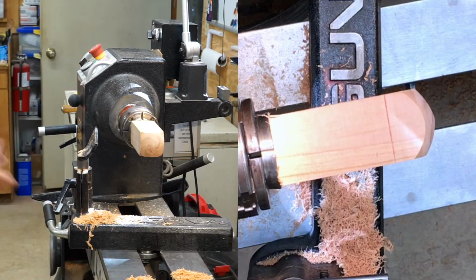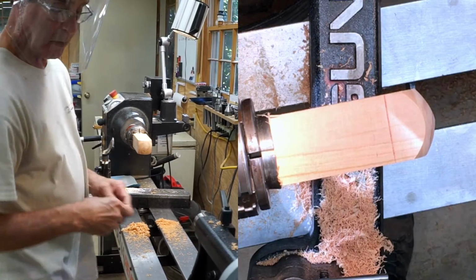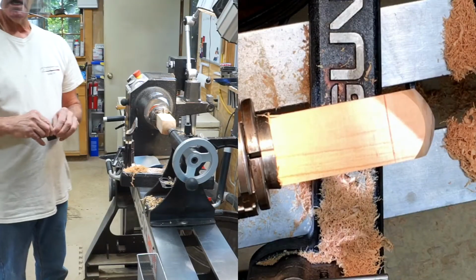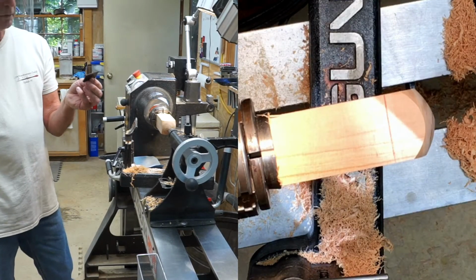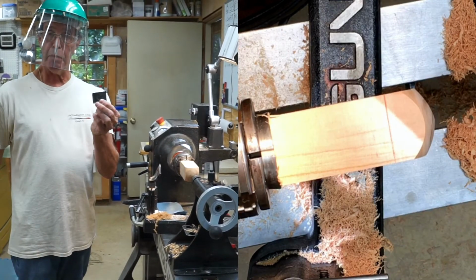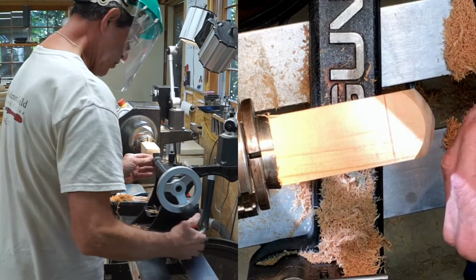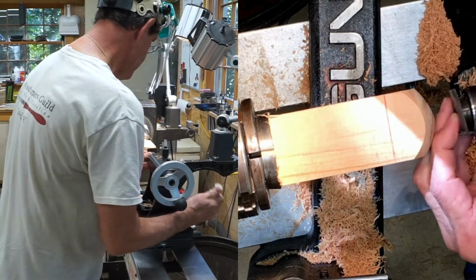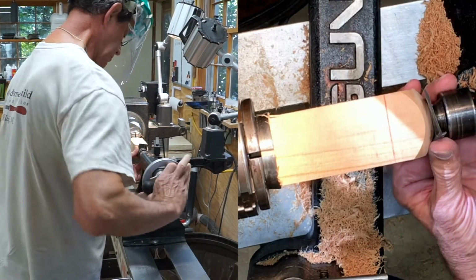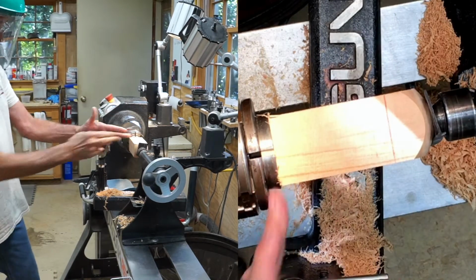The reason I like this live center is I can knock the point out, and I can bring it up. I use this piece of rubber. This is the strip that you put at the bottom of your garage door. I bought a roll of it. On these sharp edges, I can protect my piece